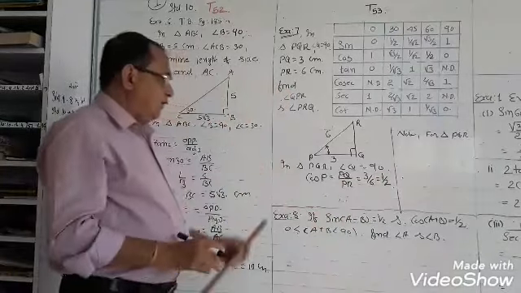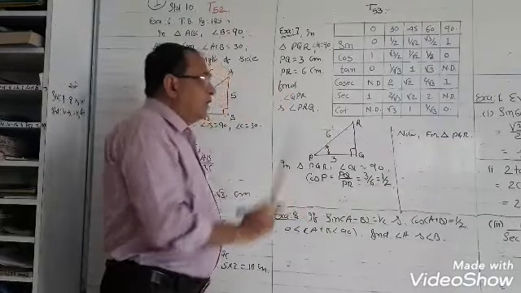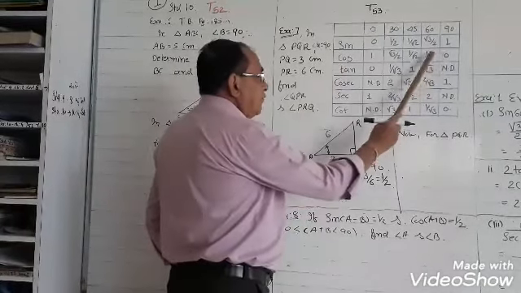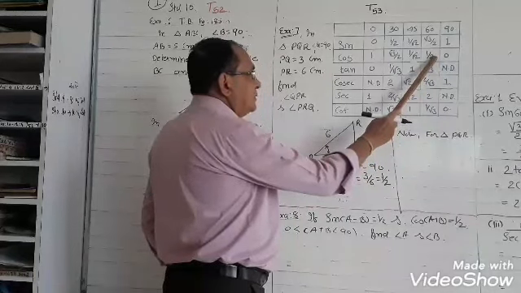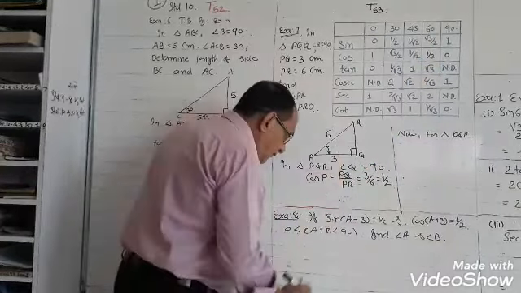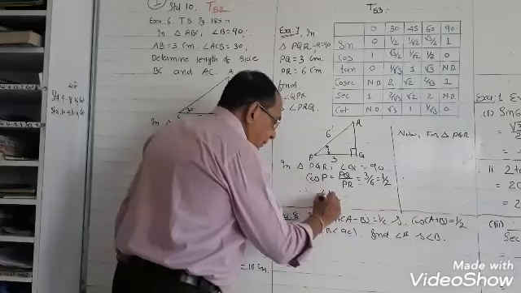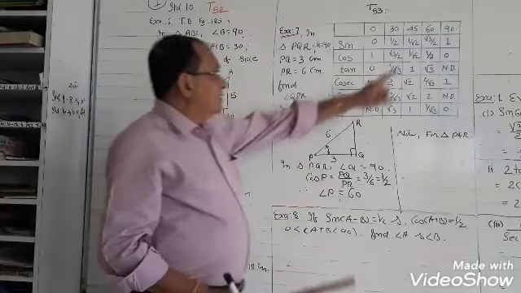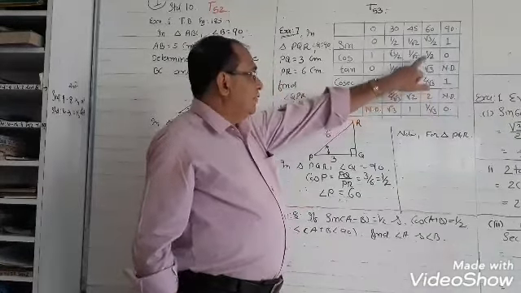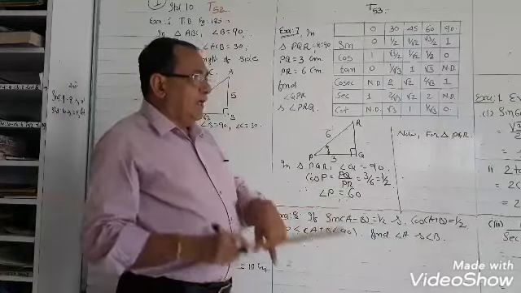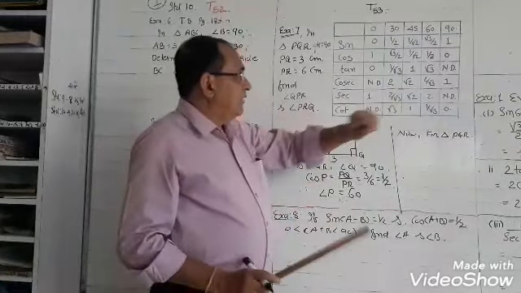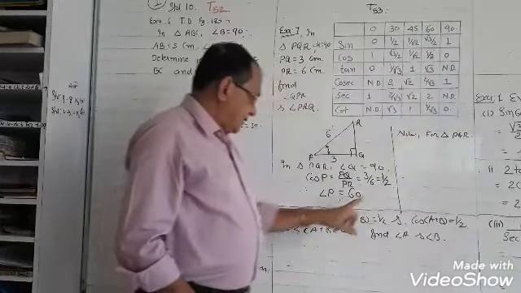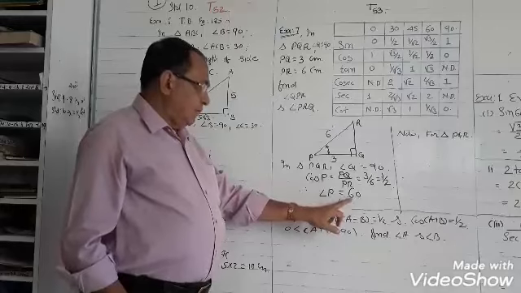For which value is cos P equal to 1 upon 2? We look in the cos line here. Okay, with reference to 1 upon 2, which angle comes? 60. Therefore measure of angle P is equal to 60. Then we saw that cos 60 is equal to 1 upon 2. Now we will see what is the value of theta when cos is equal to 1 upon 2. 1 upon 2 is 60. Got it? So angle P is 60.